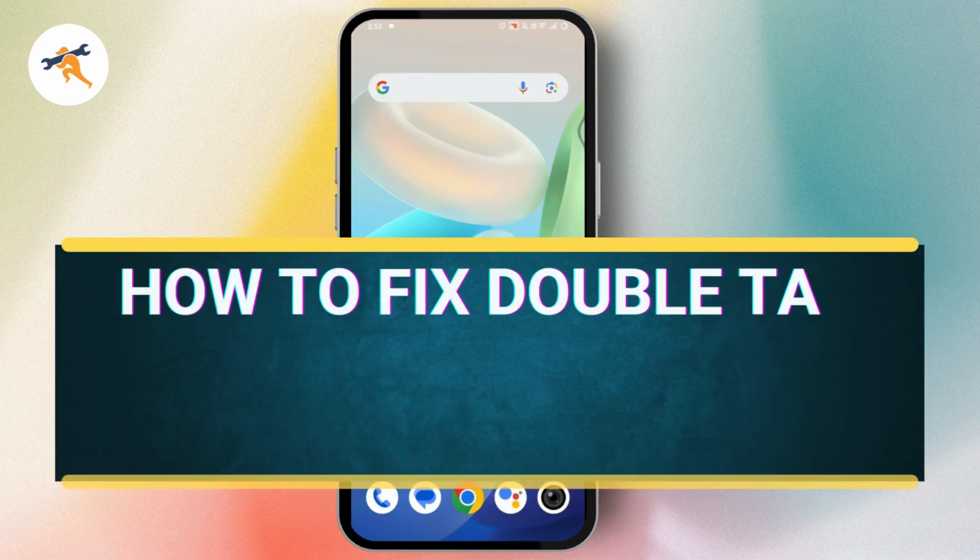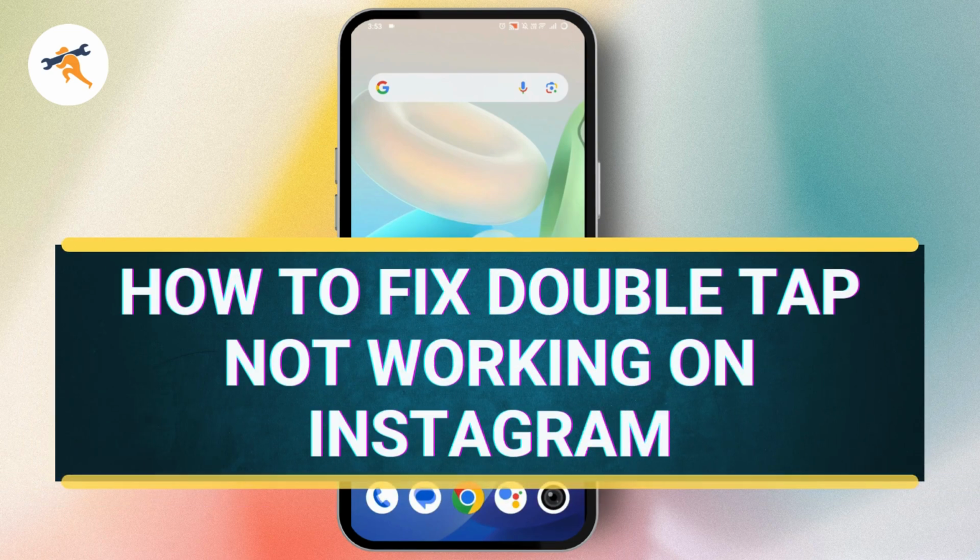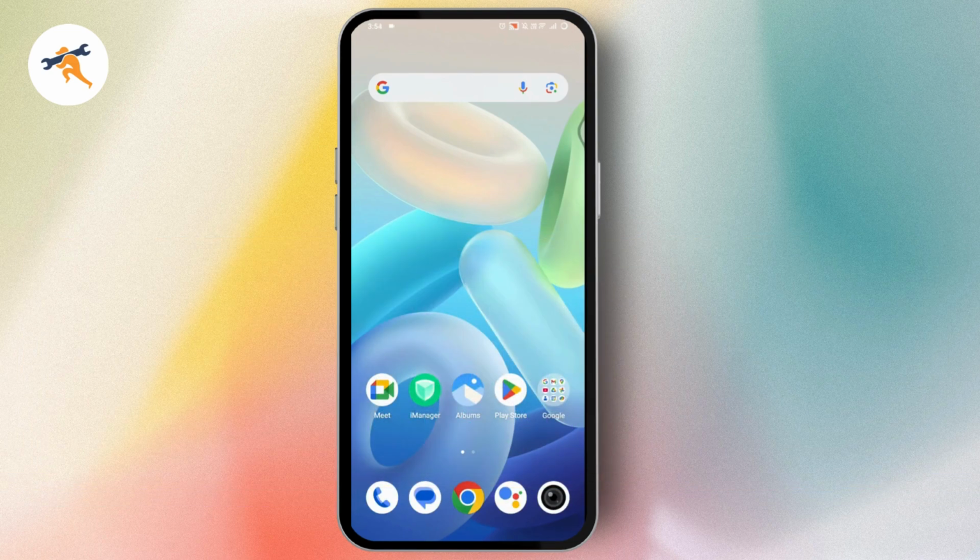How to fix double tap not working on Instagram. So if you want to fix the double tap not working on your Instagram, then what you need to do